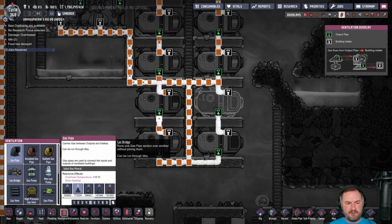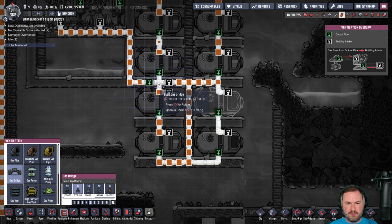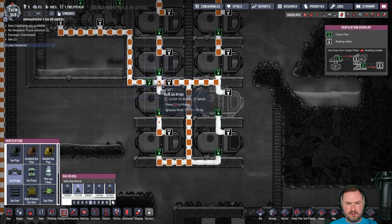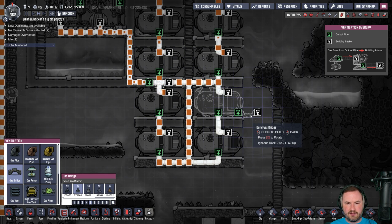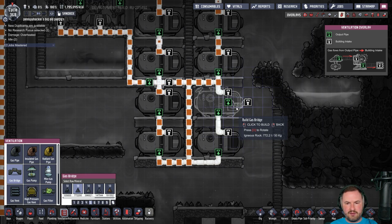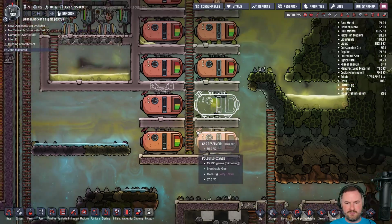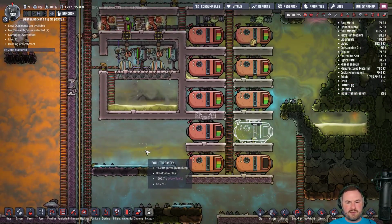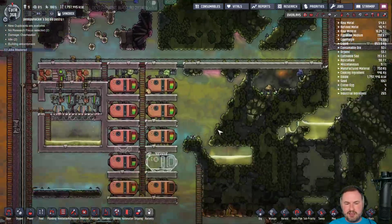Okay, so we're gonna want to have a bridge here. And then we're going to have to delete the thing in there. Likewise, here, we're just going to have to cut this off, I think, once this is built. But that's fine. So we're storing more natural gas now. And then that should leave it so that these...